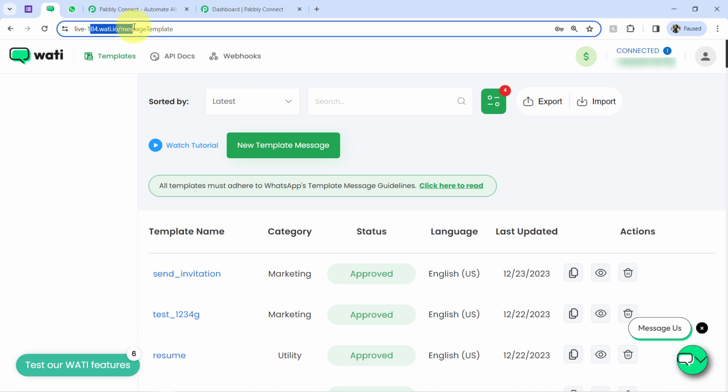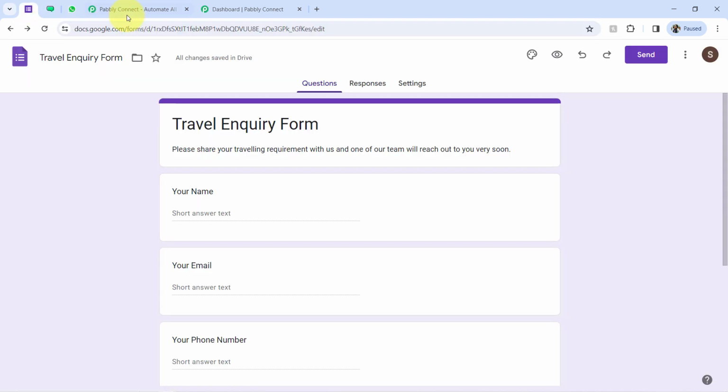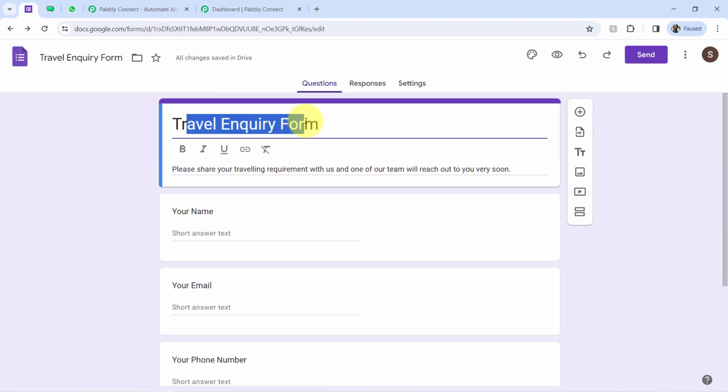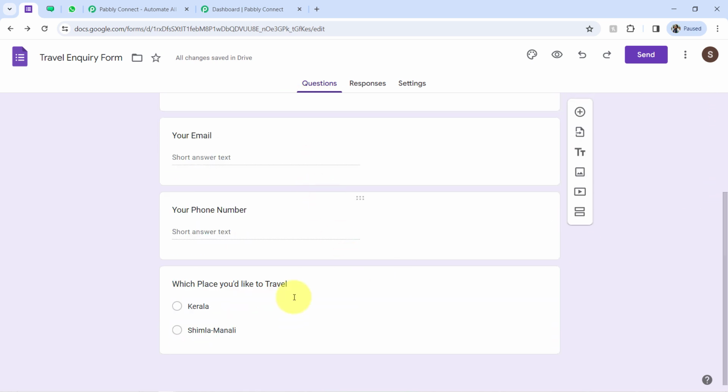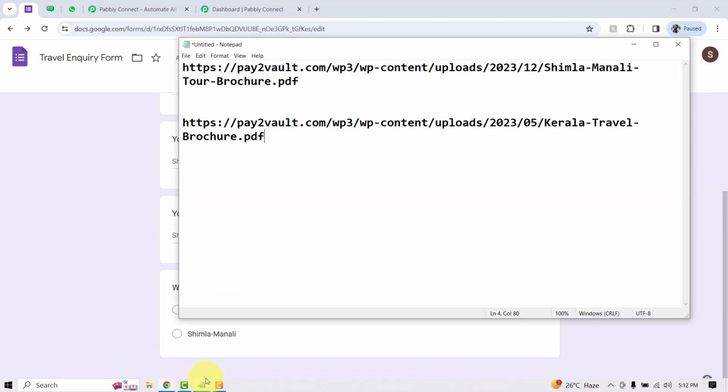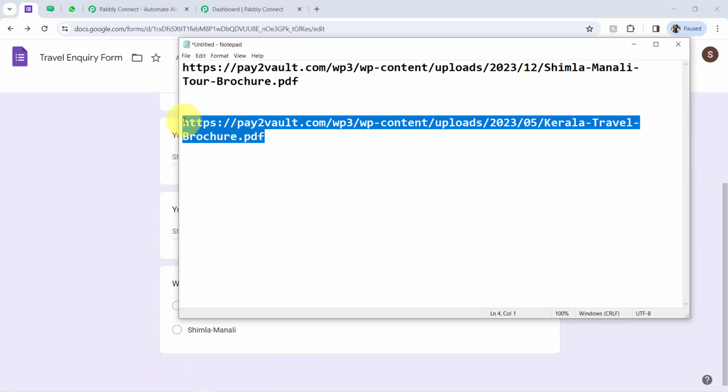And again, in place of Vati you can also go with other applications like AI Sensei or Interact. And now the use case here: we are running a travel inquiry company, and as soon as a new inquiry is received, based on their selection we are going to send the PDF file on their WhatsApp number automatically. Okay, so this is the form I have already created, and I have already prepared the brochure